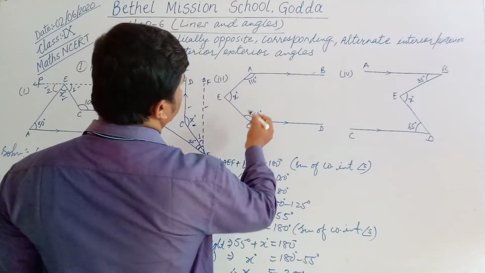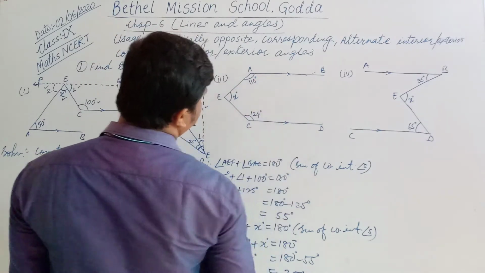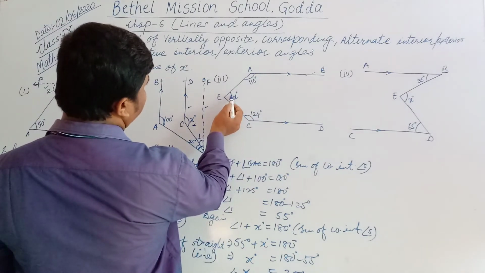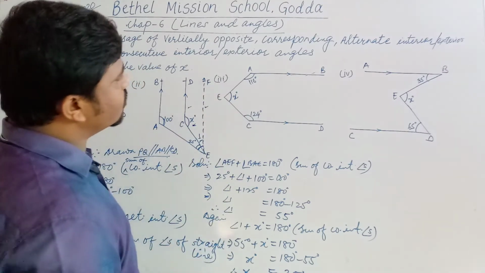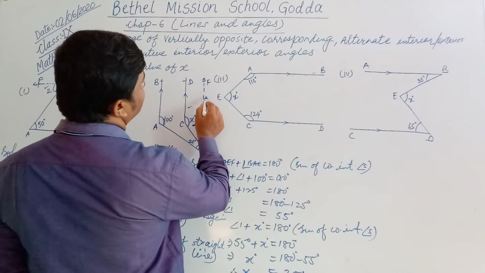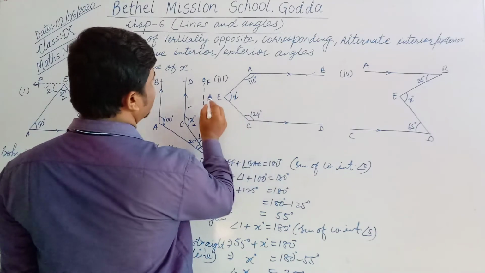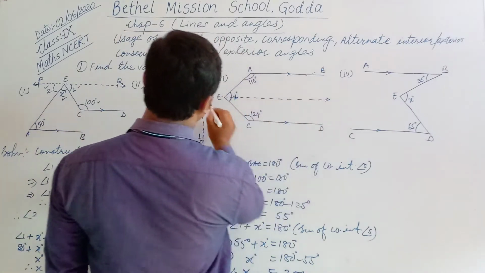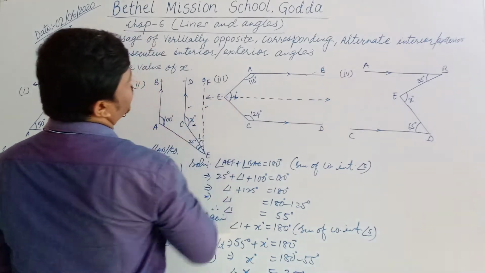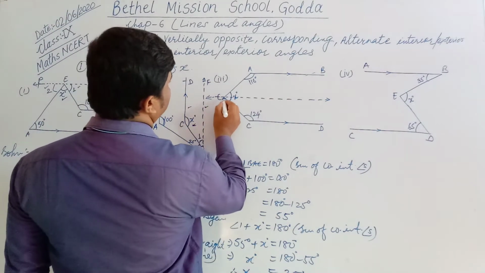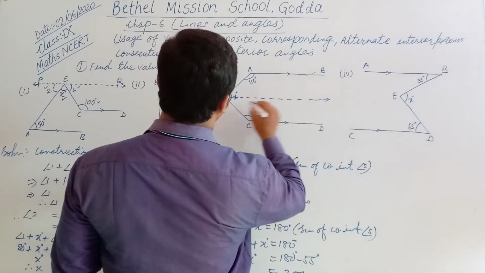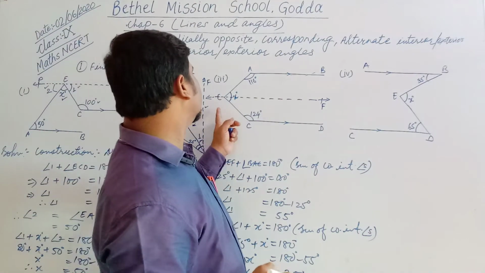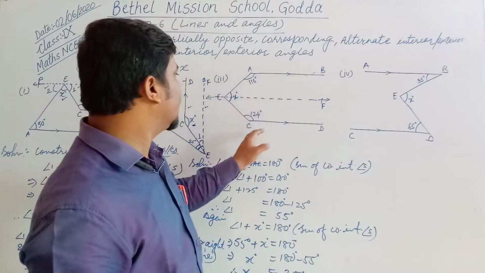Next, number 3. See this figure. AB is parallel to CD and angle A and angle C both are given. We have to find angle E, means x degrees. So here we will draw a line and that will pass through the point E. This is the line drawn. One other point is already there. We will put another point F. So EF, we have drawn EF parallel to AB and CD.